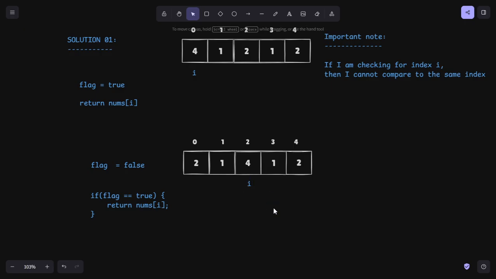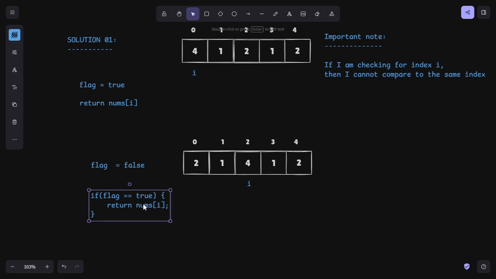Okay, so now you will again check this for this particular element, starting from the 0th index itself. You will see that this is a different index. You will check the element, it is not a 4, and you will move ahead. It is not a 4, you will move ahead. The index is the same, so you will not check. You will move ahead, yes, this is a different index, but the element is not 4. Again, different index, element is not 4. And when this loop gets ended,